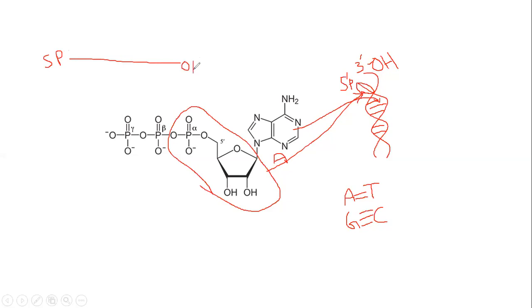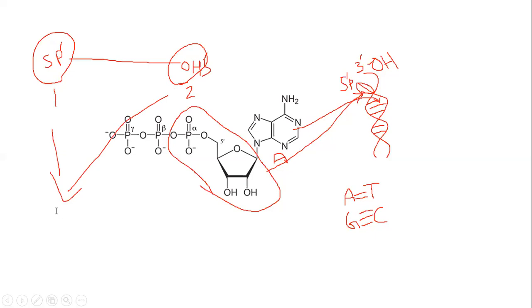While going to label, there are ways of labeling at the 5 prime phosphate group and at the 3 prime end. One may be labeling at this end, and the second at that end. This is called end labeling. This is your end labeling.